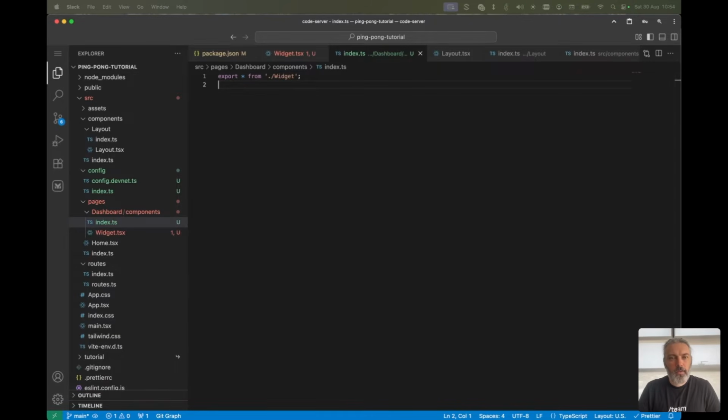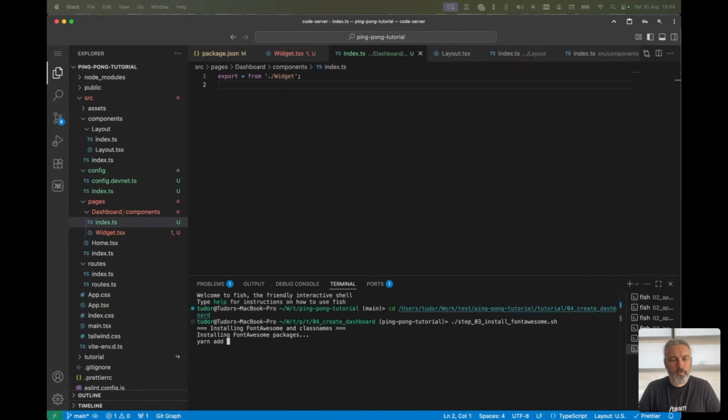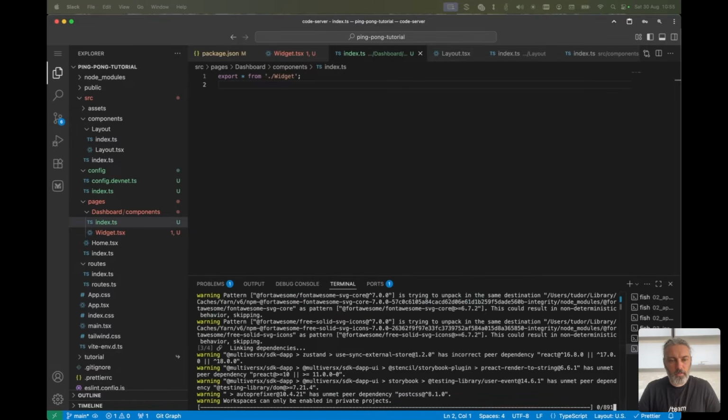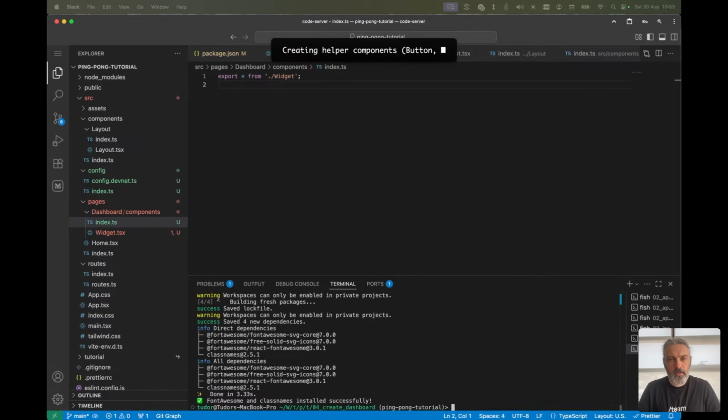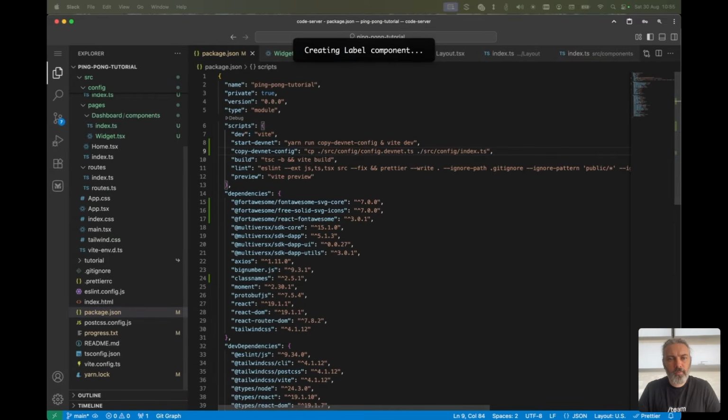Okay, so let's now open the terminal to install font awesome and class names. Say yarn add class names and yarn add font awesome. We will use the free font awesome and React font awesome and wait for it to install. Okay, this is installed, and now we want to create